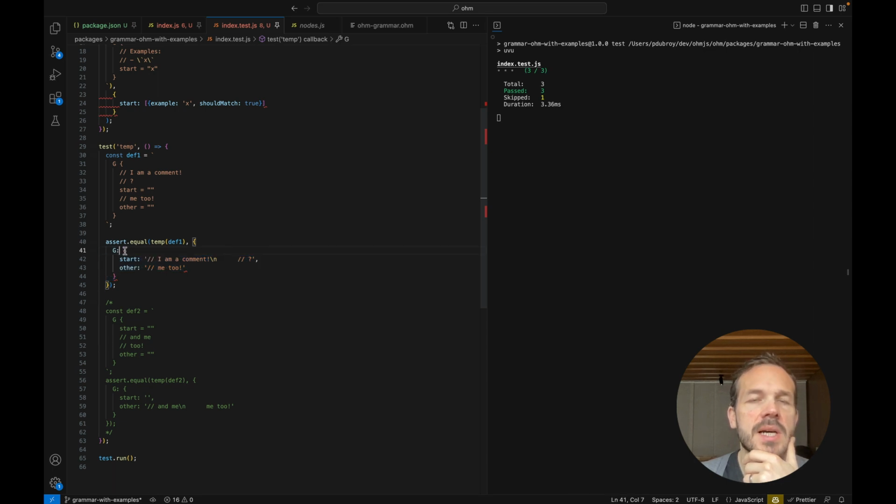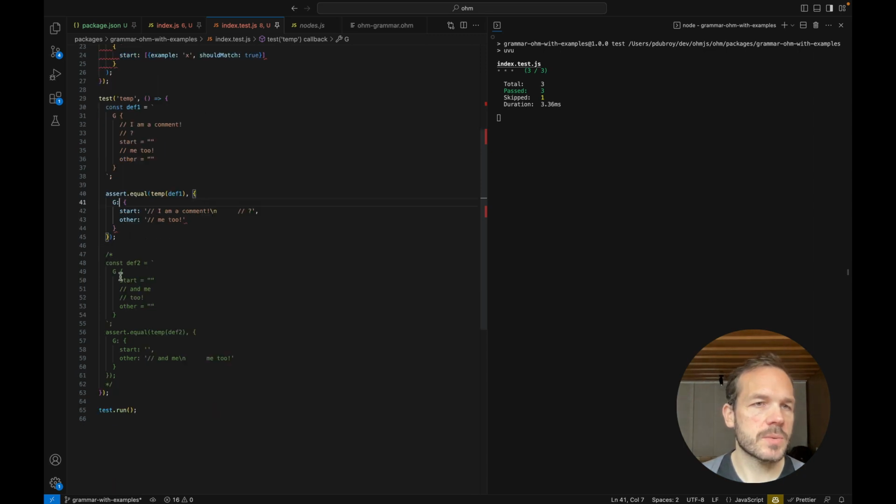Because you can stick multiple Ohm grammars in the same source, we're going to support that in the return value for this object as well. And then you have one object for each grammar that you have in your source, and within that object the keys are the rule names, and the values are the comments that occurred before